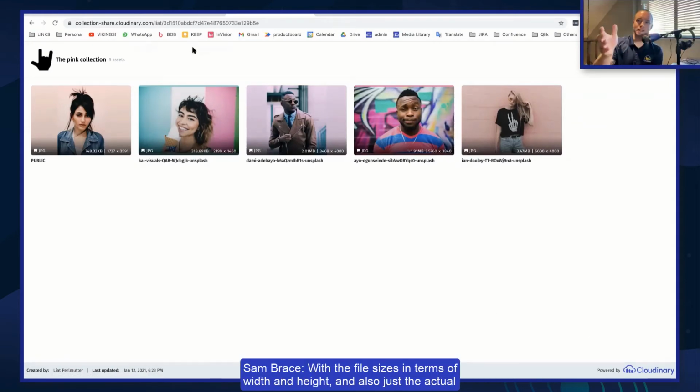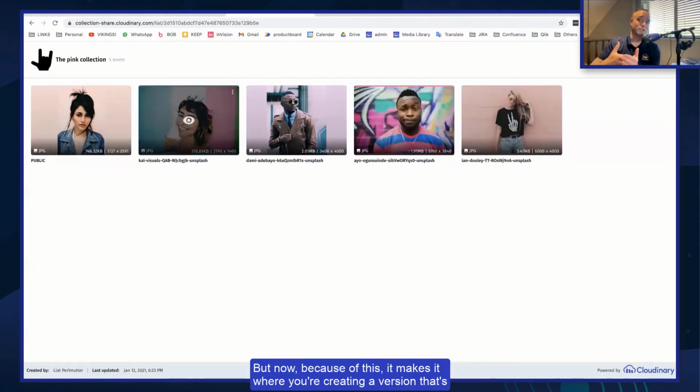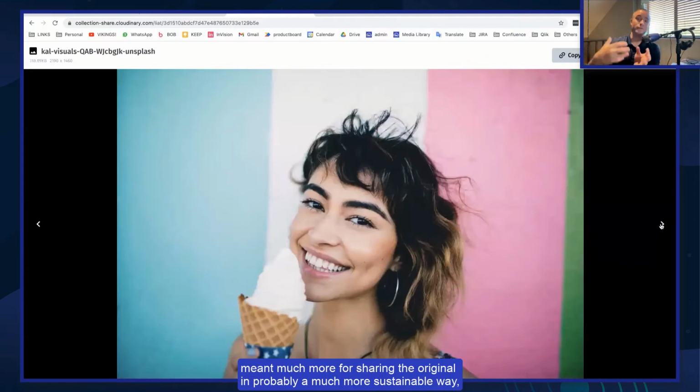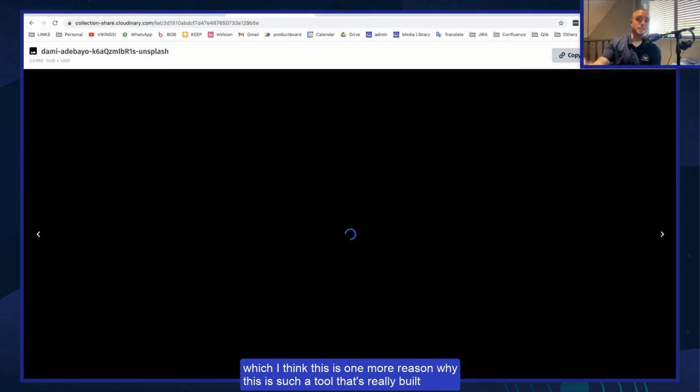With the file sizes in terms of width and height, and also just the actual weight of these images, these are all images that I would consider to be print ready. You can see some of these are 6,000 by 4,000 pixels. And in previous iterations of Cloudinary, the only way to really share that was to share the web-ready versions of this, where you would have been consuming lots of bandwidth because you're putting forth delivery URLs. But now, it makes it where you're creating a version that's meant much more for sharing the original in probably a much more sustainable way, which I think is one more reason why this is